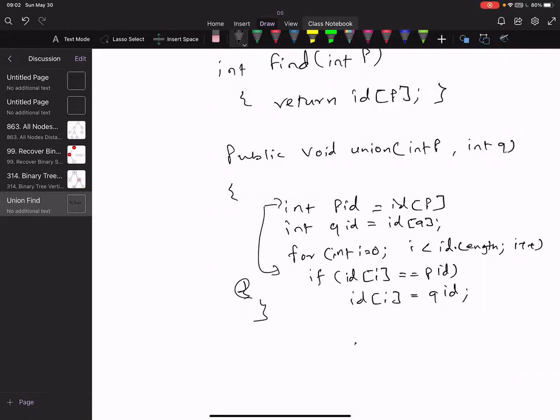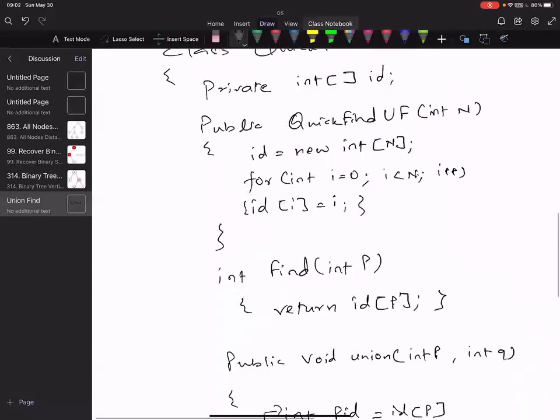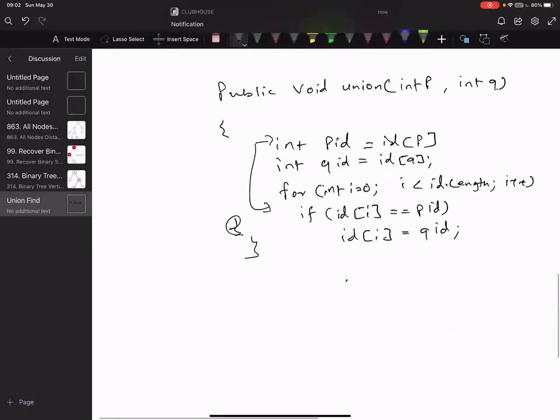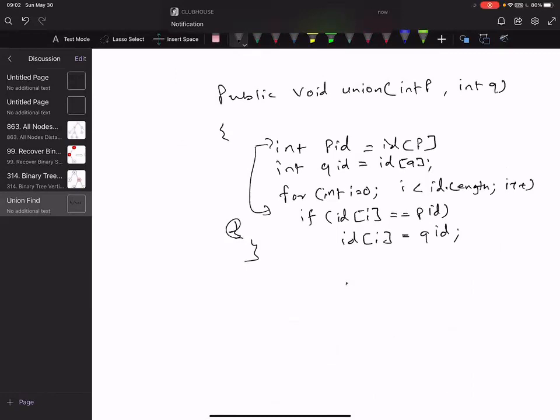I think you might have jumped ahead. I am implementing quick find, and there are a lot of ways to implement this data structure. You might be talking about some other implementation of uniting. You are uniting two nodes, right? Here you are uniting parents P and Q. I'm talking about this function definition only.